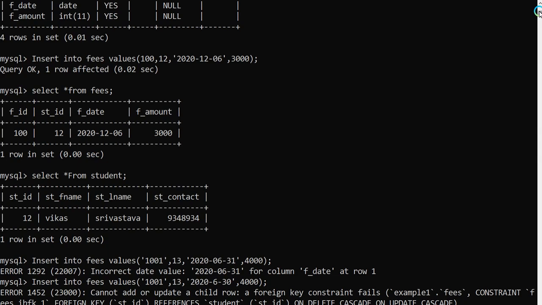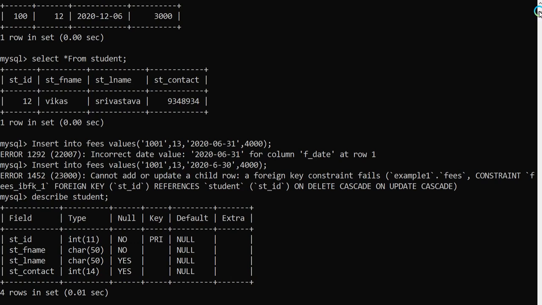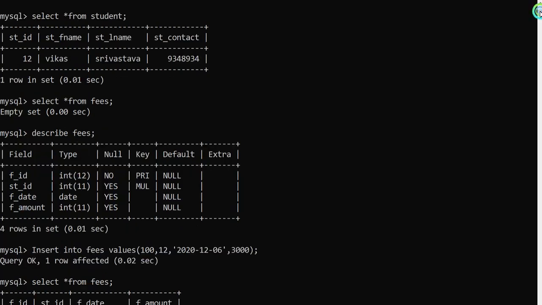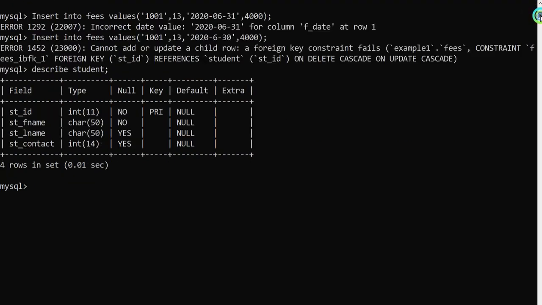Now look here, we are going to see one more command, describe student. After describing, in the student table we want to add some more columns, we want to add an address column inside the student table.